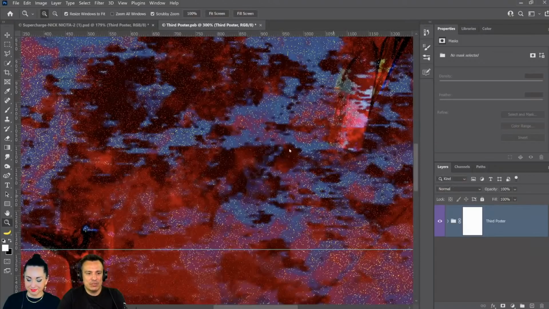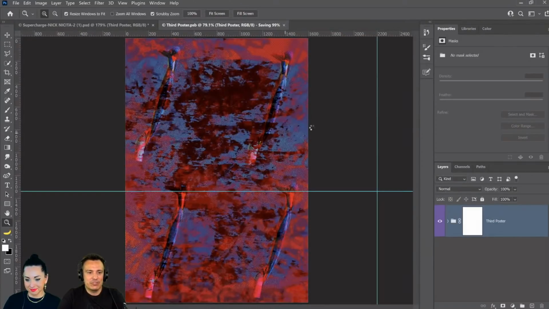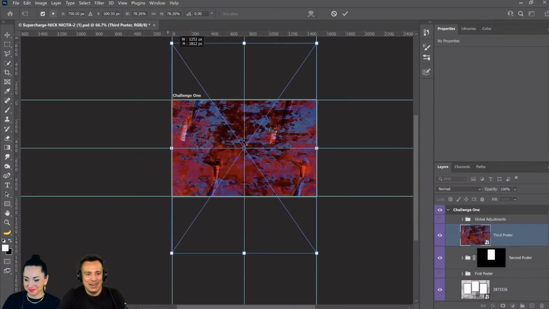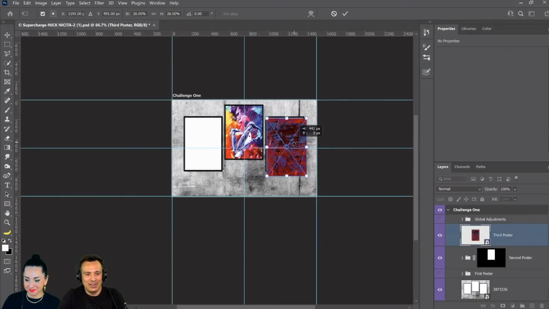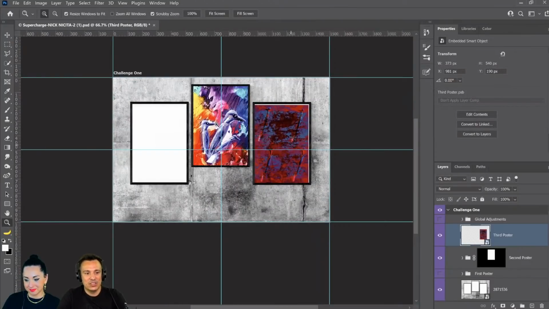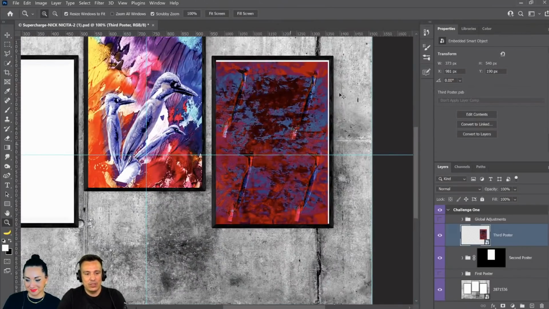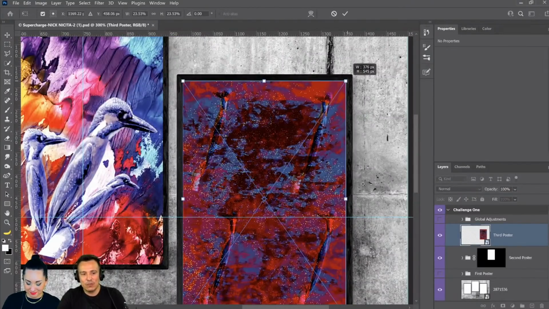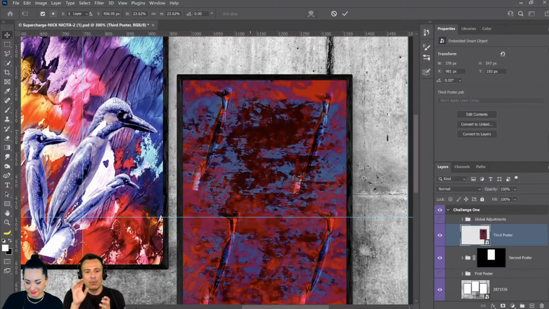When you close it and save it, it's still small, well, actually it's not small just because I was adjusting it, but when I transform it and make it fit on the poster frame again, then it'll be the size that you want. But the point is now that you can use that composite for other things and not necessarily keep it all tiny and small just for this specific project.